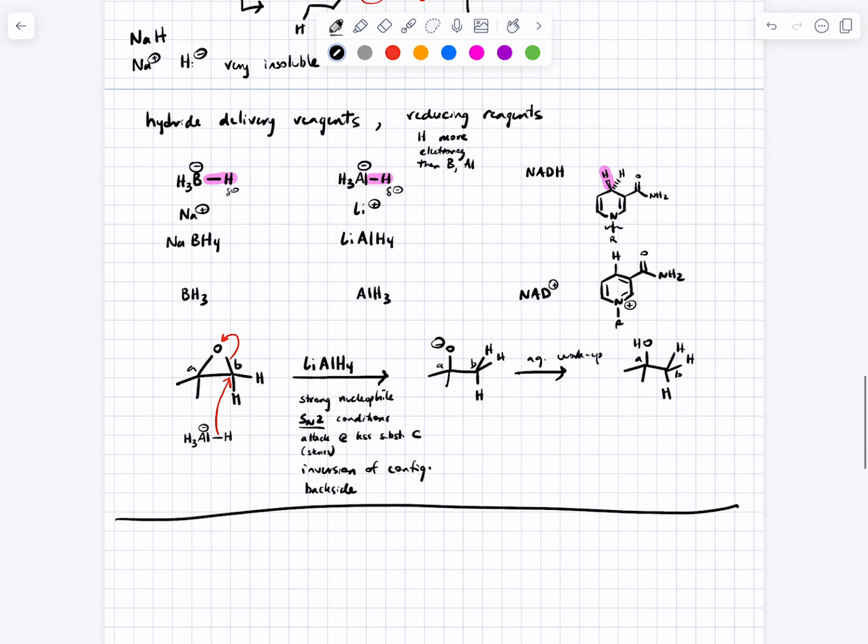Before we do, questions? Yes? Does the boron hydride follow the same reaction? The sodium borohydride would follow the same basic mechanism. You will learn in 352 that sodium borohydride is not as reactive as lithium aluminum hydride because the electronegativity difference between aluminum and hydrogen is larger than between boron and hydrogen. Nevertheless, that distinction is not really important for now. Okay,